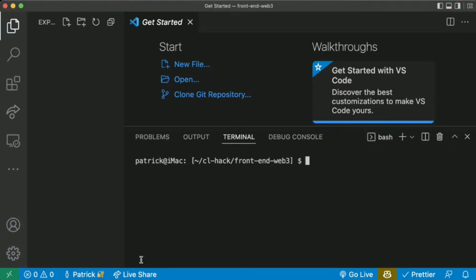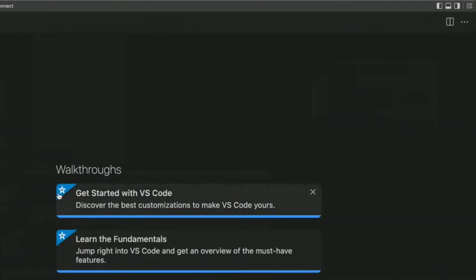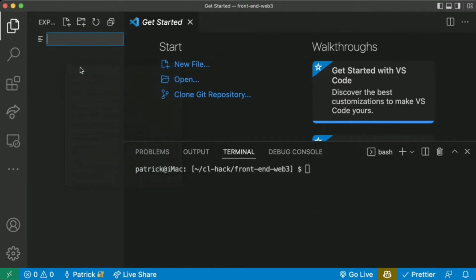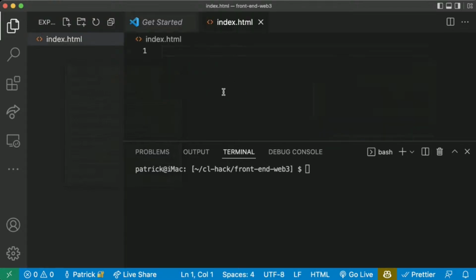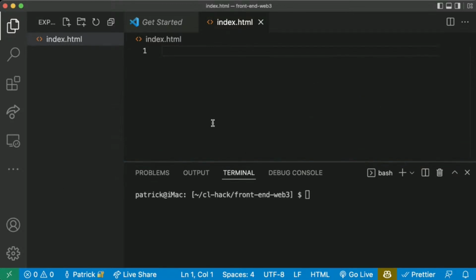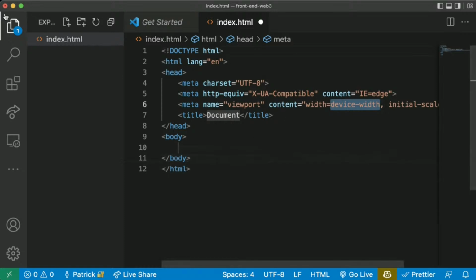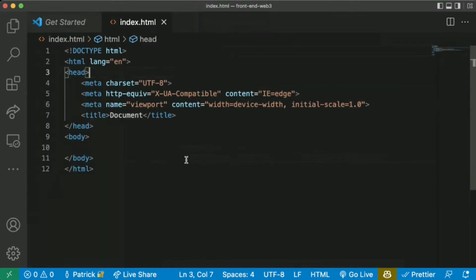All right, but here we are in our code editor. And we're going to create a real minimalistic website. All websites are basically doing some type of HTML file. So we're going to create an index.html. And in VS Code, you can just type an exclamation mark and it'll sync you up some real minimalistic HTML. And this is kind of like the basics of what we need for a website.